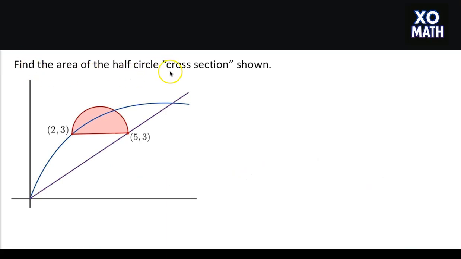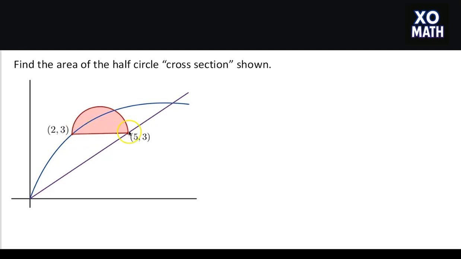Find the area of the half circle cross section shown. So here, let's try to think about what's happening. We have to visualize this in 3 dimensions, even though it's only drawn in 2 dimensions. I have the x-axis, the y-axis, this line here, and this curve here. And then what we're trying to visualize is this half circle that's popping up out, forming a 3rd